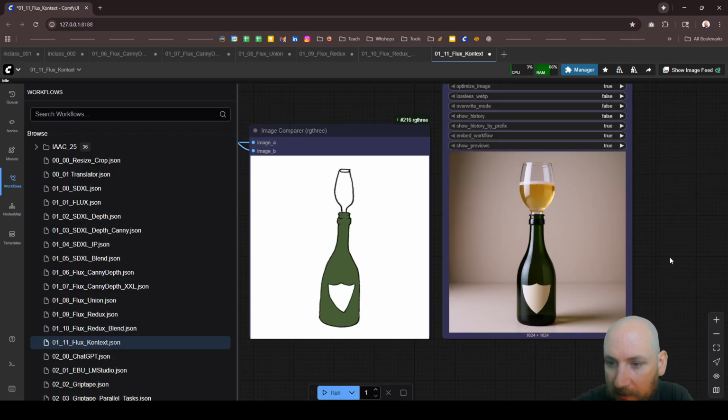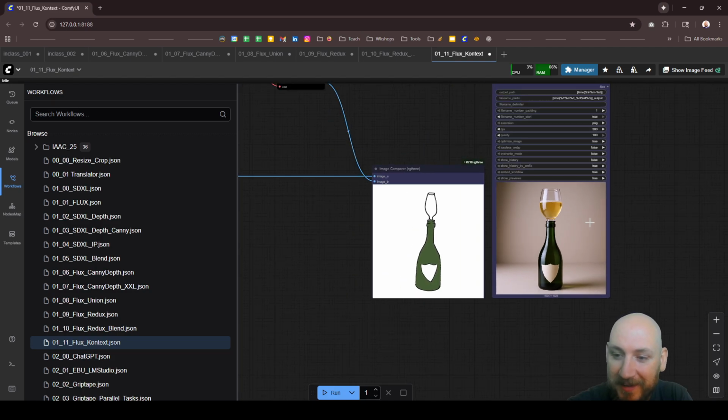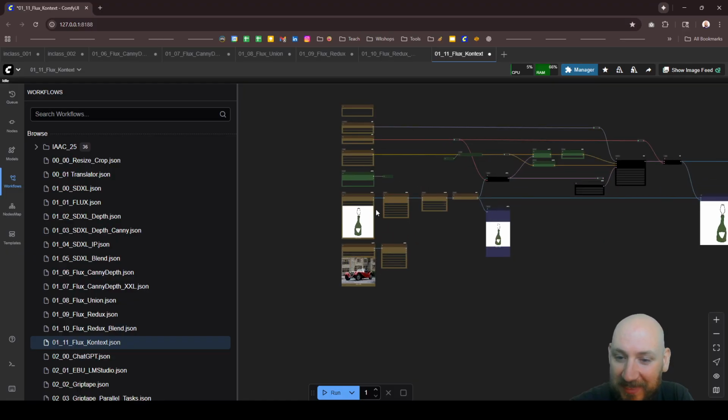There we go. We have a champagne bottle, it's actually more of a wine glass, for people that like to drink out of the bottle but stay classy. Okay, so that